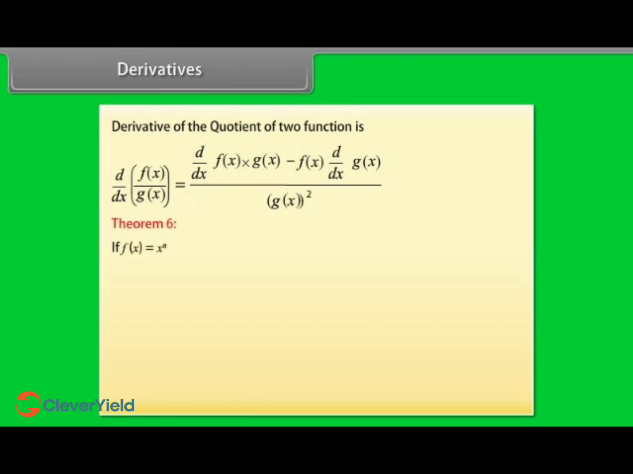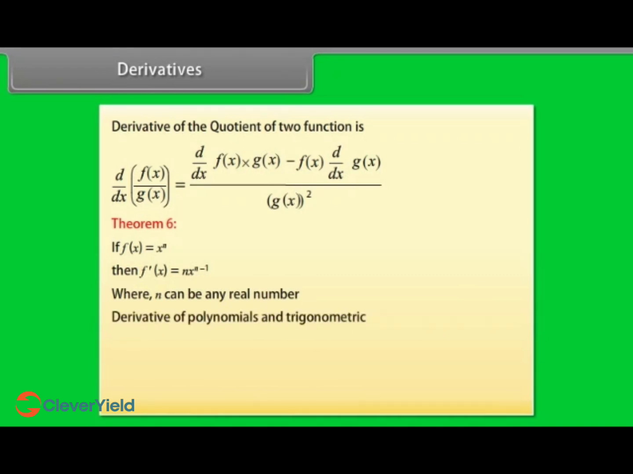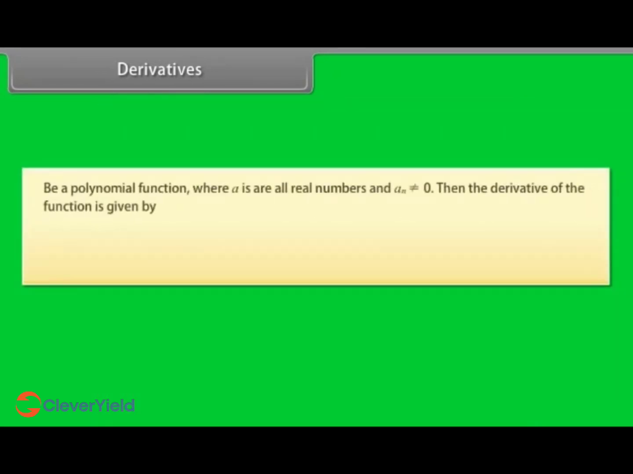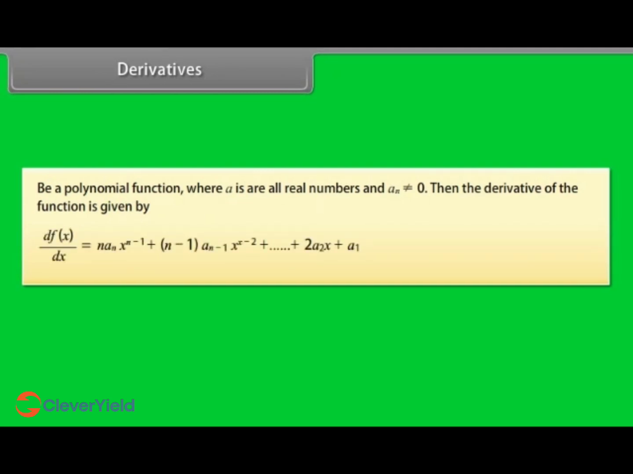Theorem 6. If f of x is equal to x raised to the power n, then f dash x is equal to n into x raised to the power n minus 1, where n can be any real number. Derivatives of polynomials and trigonometric functions. Let f of x be a polynomial function where a is all real number and a n not equal to 0. Then the derivative of the function is given by d by dx of f of x is